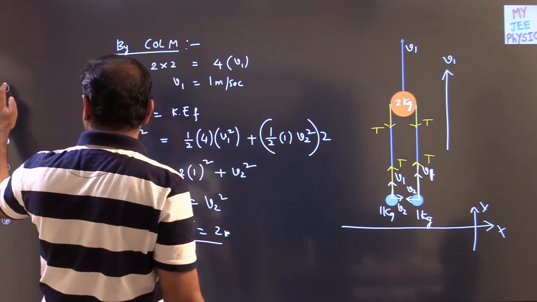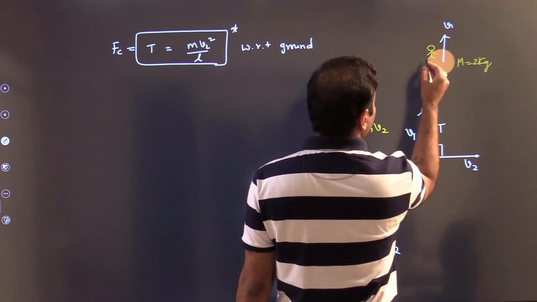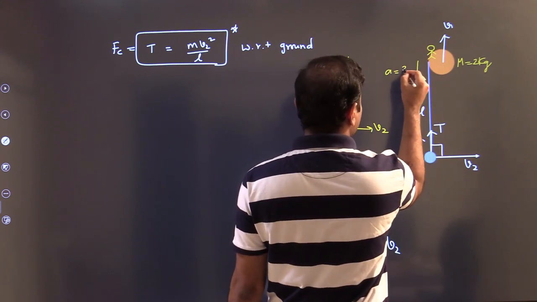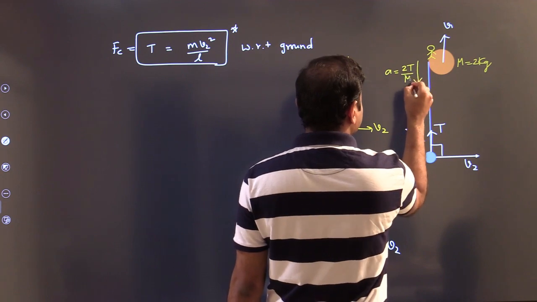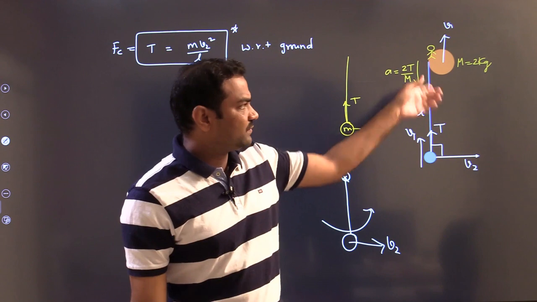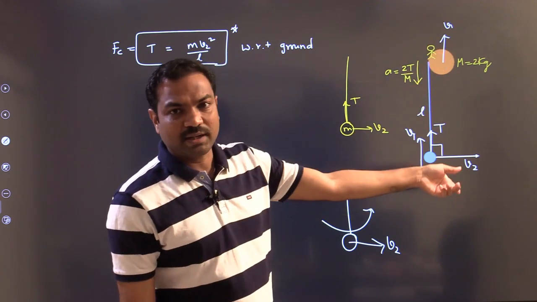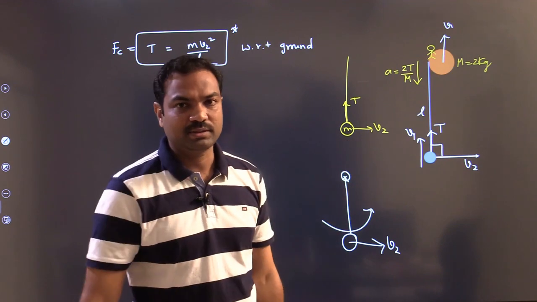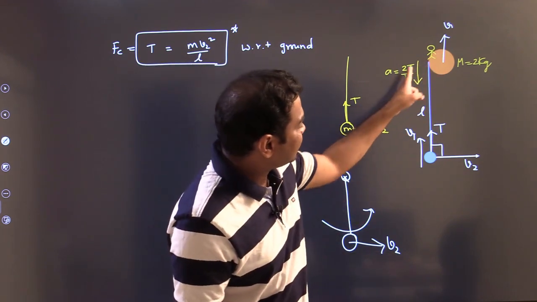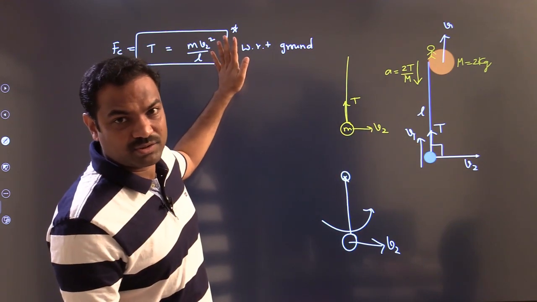So it is in an accelerating frame. Whatever observer I have taken, this observer is in the accelerating frame. The acceleration I am taking downward is 2T by capital M. You can call it retardation also, because these forces are acting opposite to the velocity. So I have directly taken the acceleration in the backward direction, along the string direction, the direction in which tension acts. So now the observer is in an accelerating frame, so I cannot write T directly equal to mv2 square by L.